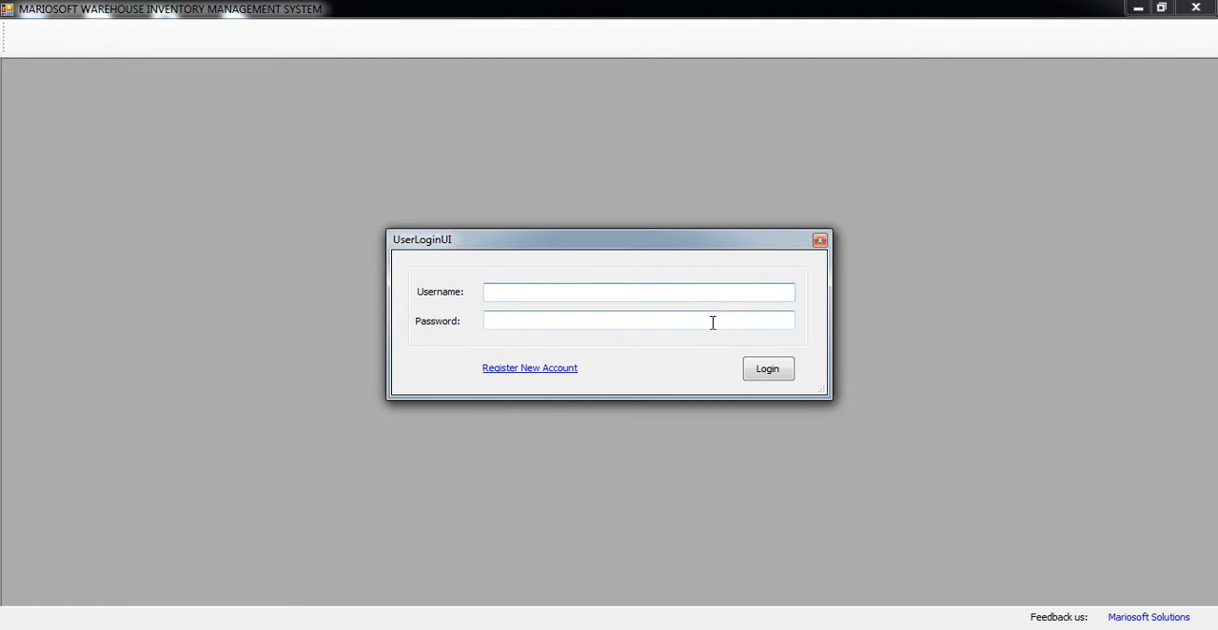So our user login is master admin, as well as our password. Now we have here the menu. We have the files, wherein we can store our stocks and store our warehouses. We have also the suppliers, where once we